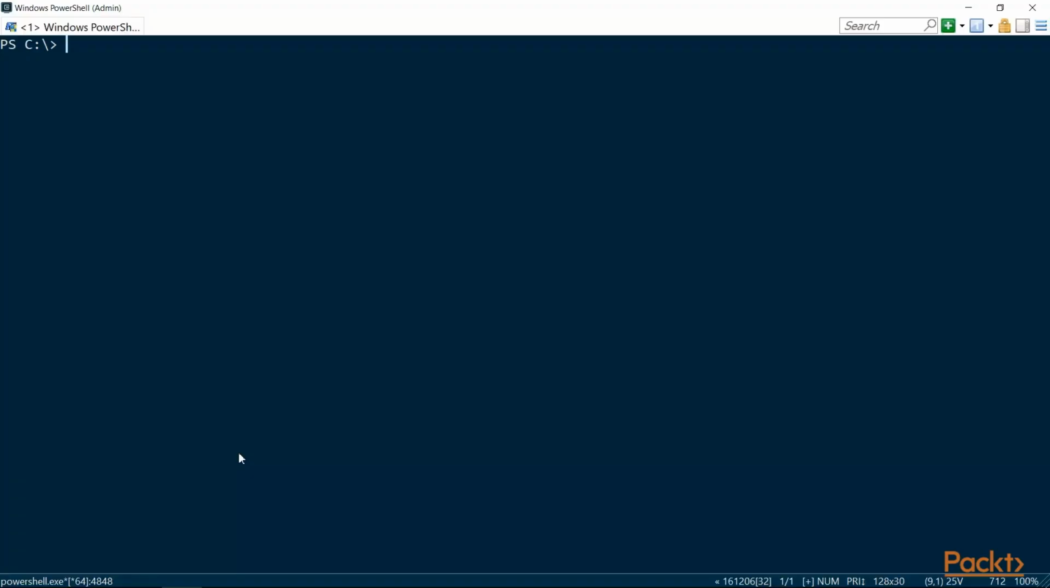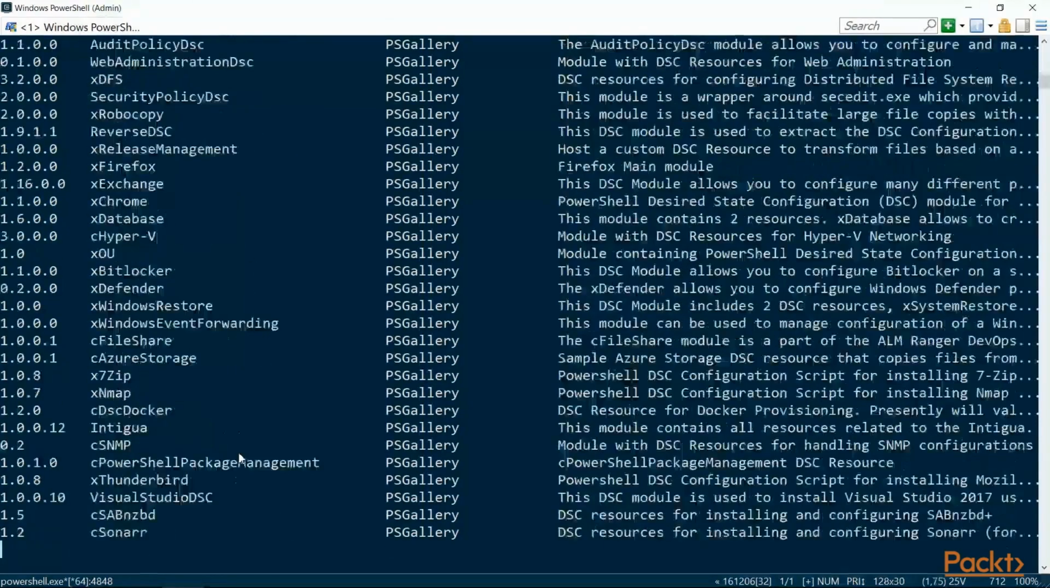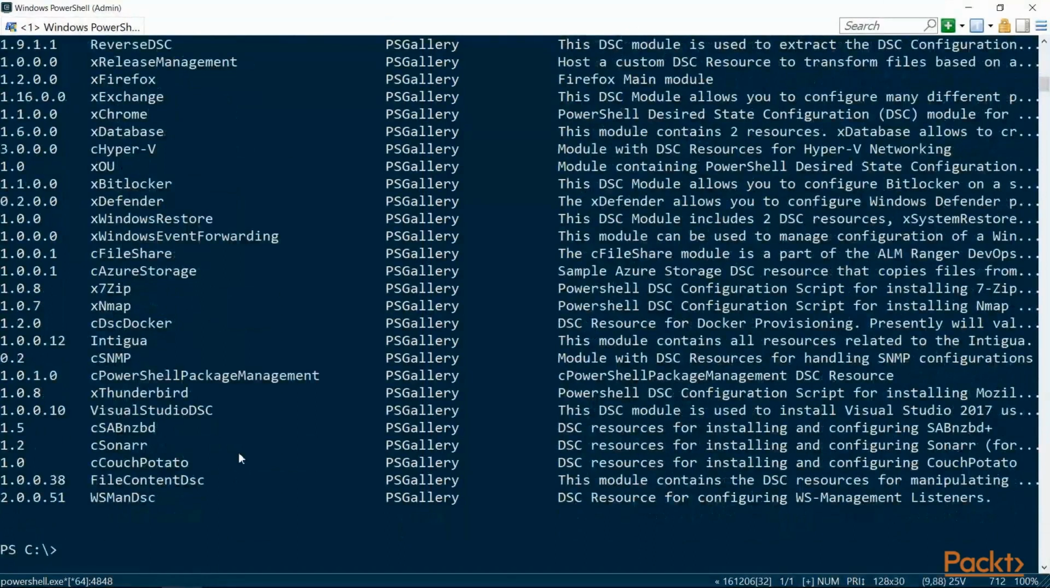I'm in my PowerShell window and I'm going to use the find module commandlet with the tag DSCResourceKit to find all the modules from the PowerShell gallery that are available as part of the DSC Resource Kit. So once I use this commandlet, this is going to search the PowerShell gallery for the available resources and list it on my screen. So as you can see, there are a lot of resources and modules that it found